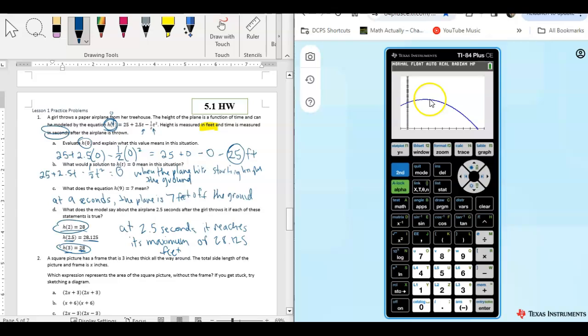Oh, that's not too bad. So here, if we looked at this, we thought the maximum was about 28. So I can also use that to estimate my window